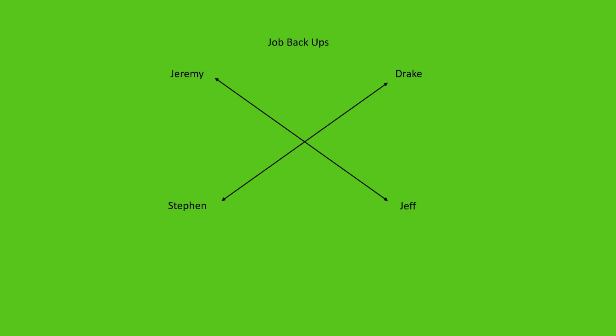Now, in addition to these defined duties, we also have what are called job backups. Technically, all 4 members of the team are expected to be familiar with everyone's duties, the one exception being Jeff and his supervisory duties. But each person has a defined backup partner that if they're gone but their partner's here, then their duties automatically fall onto that partner. These combinations are Jeremy and Jeff, and then myself and Steven,